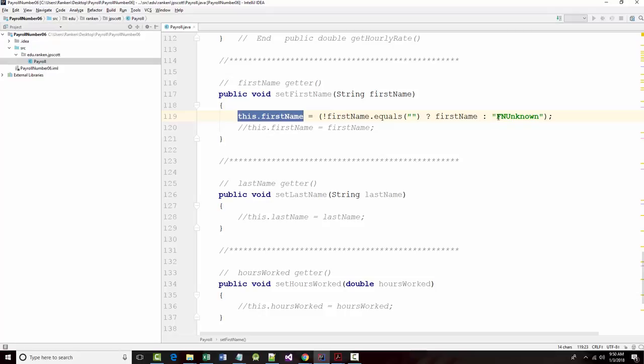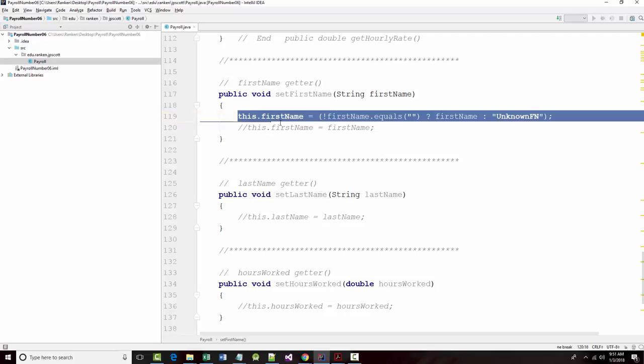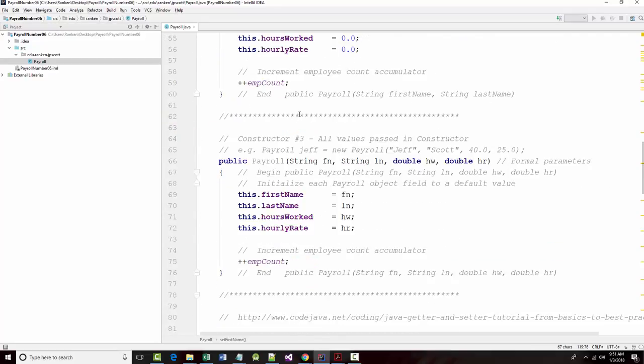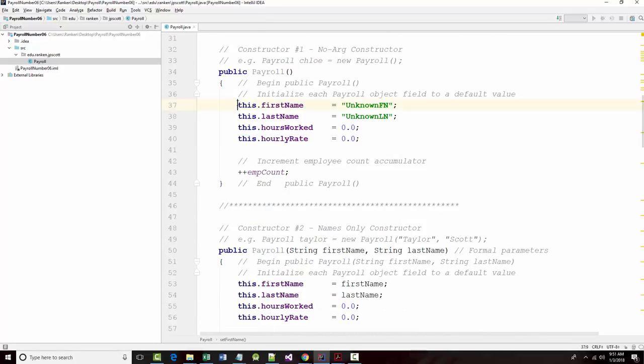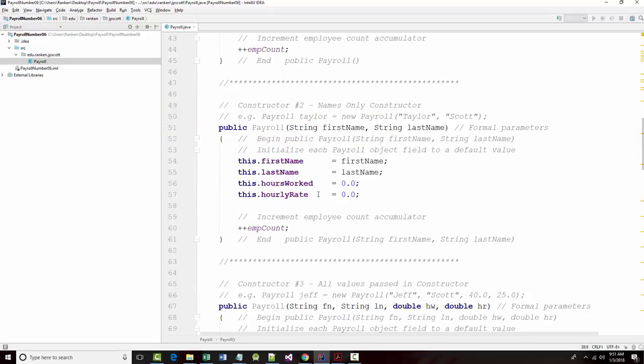And I guess I did it backwards. UnknownFN. Now, if you look at it, this line right here is not all that different from this line right here. So I'm going to comment this out. In fact, I'm going to comment out all 4 of these lines. And I'm going to instead put in